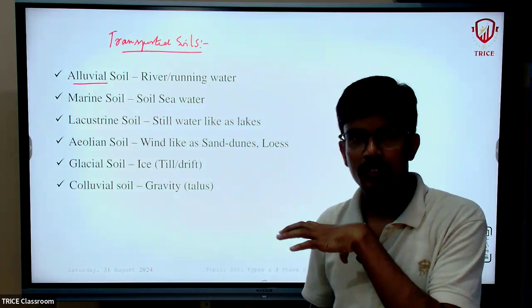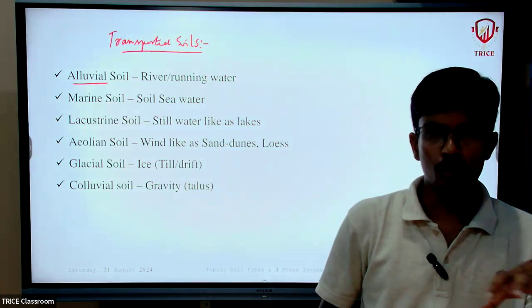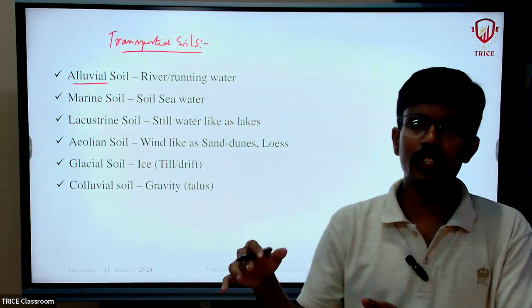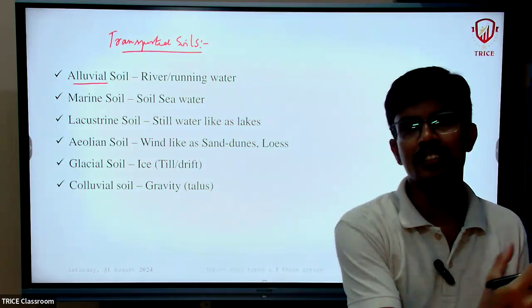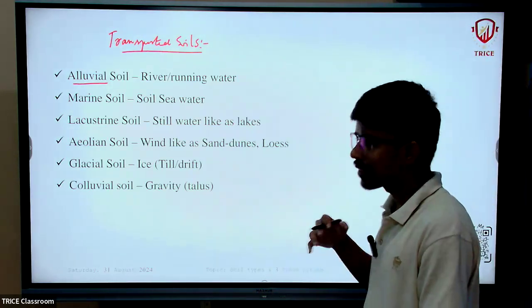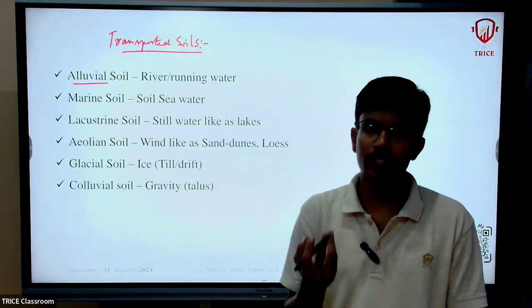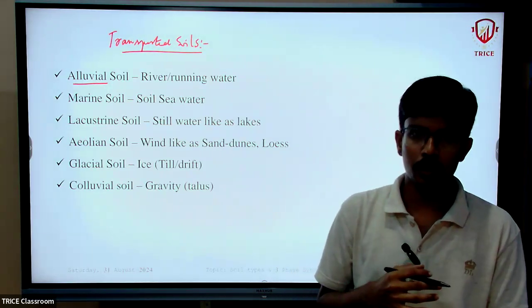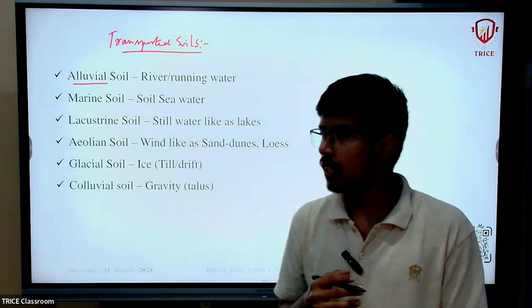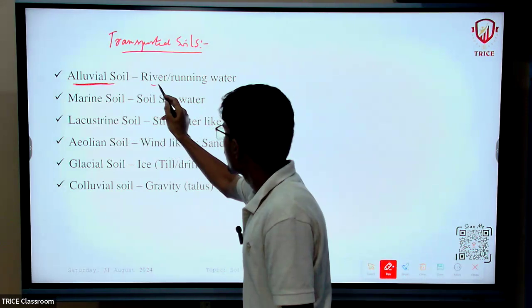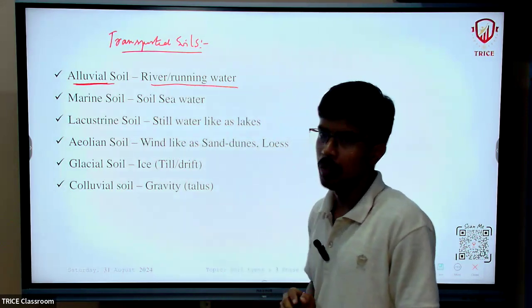So during heavy floods or any movement of water, what happens? It will flow, and along with the flow of water, it will carry certain sediments. These sediments will be rich in good content, maybe iron or alumina, which is quite helpful for the growth of plants. Like that, we have the alluvial soils, nothing but the formations by river or running water, which we call